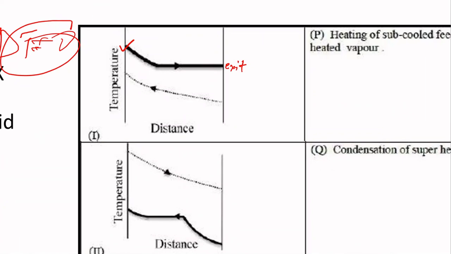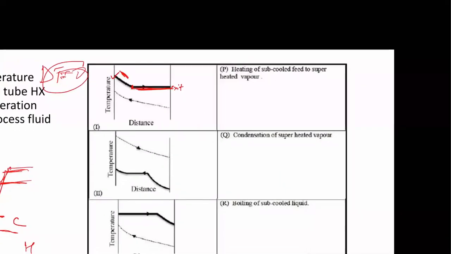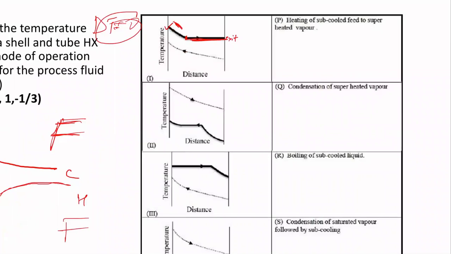Okay, so basically something is getting cooled. So basically we have something hot. In this case it can be a vapor, ideally it will be a vapor, and at this point it might have reached its saturation temperature and hence it is getting converted. Basically a phase change is happening here and here some sort of cooling is taking place. So cooling and then phase change. So this can only happen in case of a vapor.